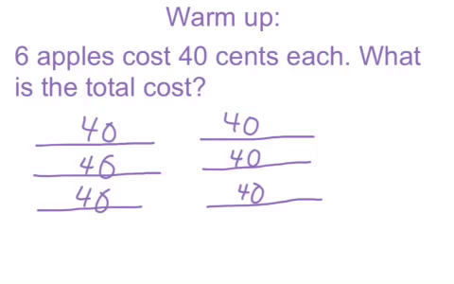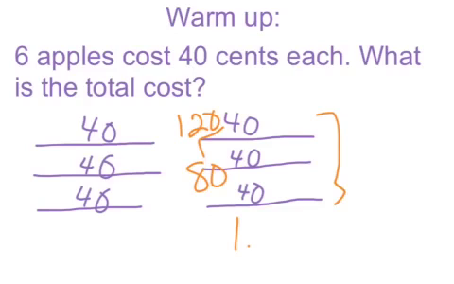Alright, so for my problem, I started to make a little bit of an array. I started off with just a purple line representing an apple, and that apple would be 40 cents. I grouped them into two groups of 3 because I know it's going to be easier for me to do that mentally. So if we look at my first group here, I have 3 apples and they're 40 cents each. And I know that 40 plus 40 is going to be 80. And then another 40 added onto that would be